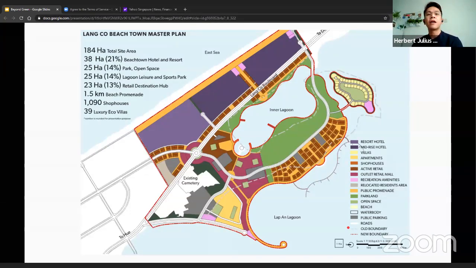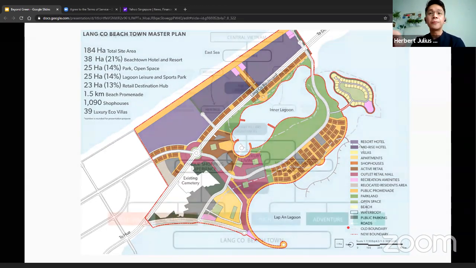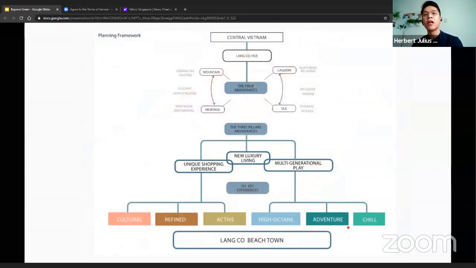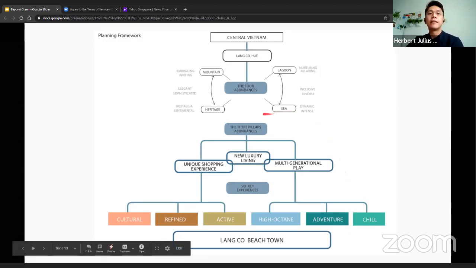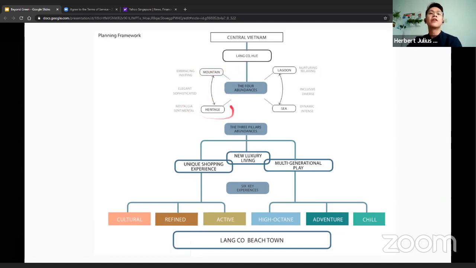And the message of this must tie in with a vision, and it starts with a framework. Looking at the place that the space belongs to, the country, and I call it the four abundances. I always look for what's the abundance of the site, and in this case, I highlighted the site is surrounded by mountains. It has a very strong heritage component into it, flanked by the sea to its west and lagoon to its east.